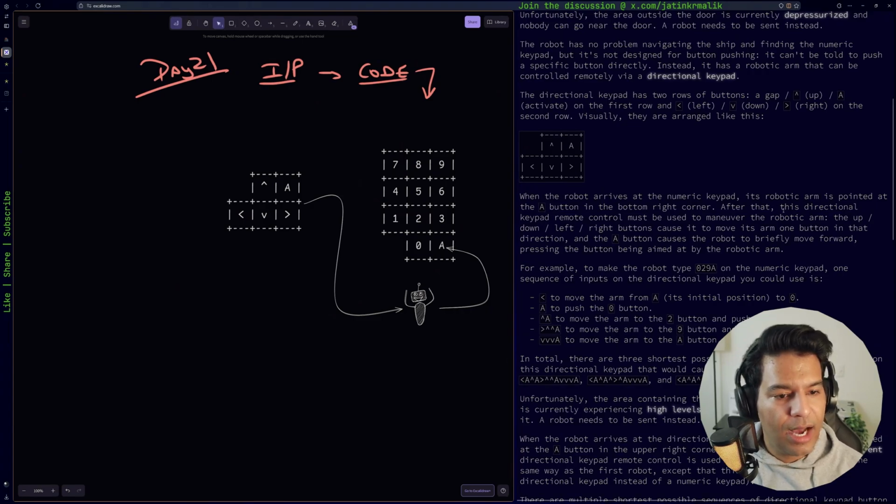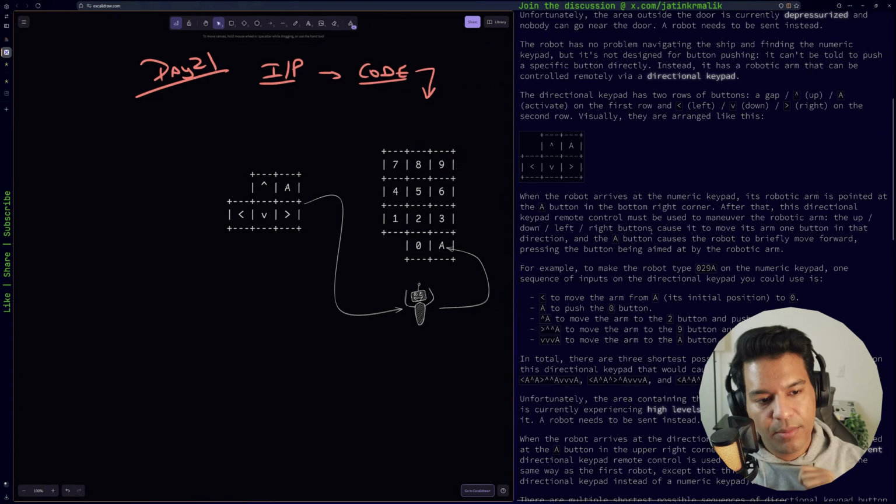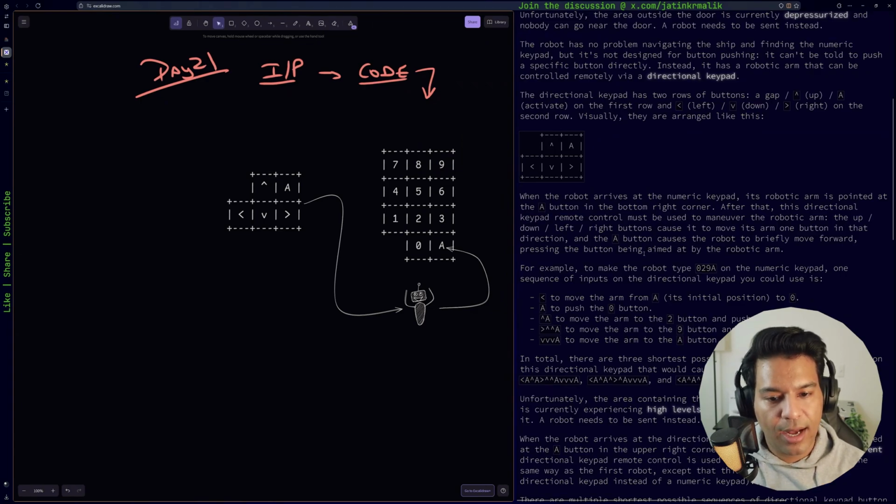And after this, the directional keypad remote must be used to maneuver the robotic arm. The up, down, left, right buttons cause it to move its arm one button in that direction, and the A button causes the robot to briefly move forward and press that button being aimed at by the robotic arm. Very interesting. So for example, to make the robot type 029A on this numeric keypad,